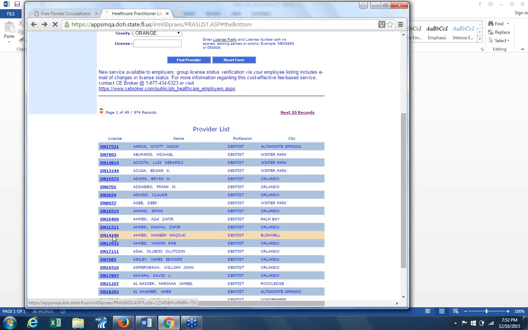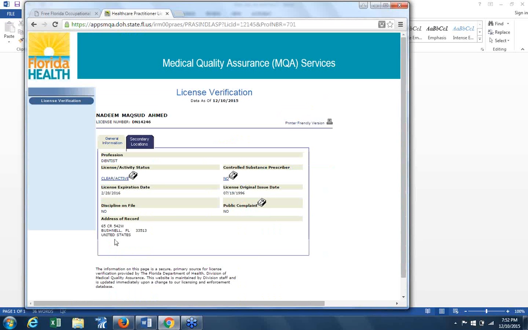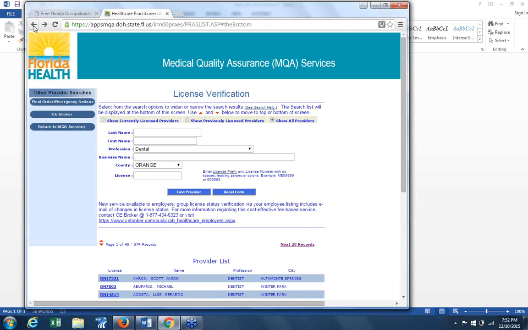It tells you everything you want about it. There's your list. Again, we'll just pop here. Their address of record is in Bushnell, but yet they're showing up in Orange County as well. So guess what? They probably got 2 spots going. You can dig into it. So that's the dental in